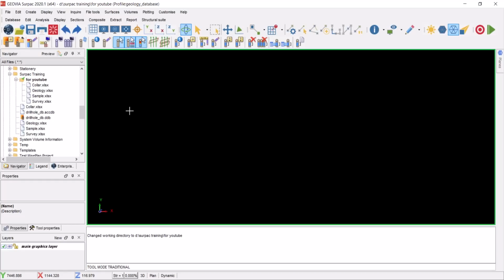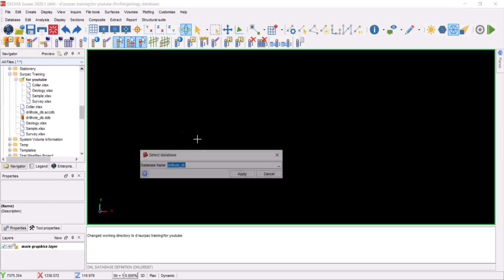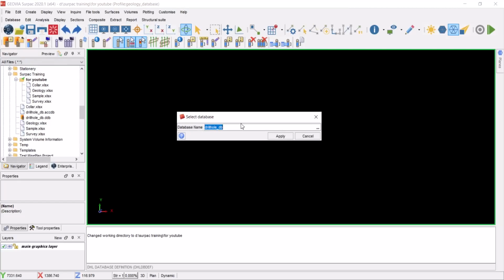So now what we need to do is to create a geological database. You can either go to this button here and choose open drill hole database, or you can go to database and open new. So I'm going to go here and click on this one. You can call it whatever you want. So I'm going to call this